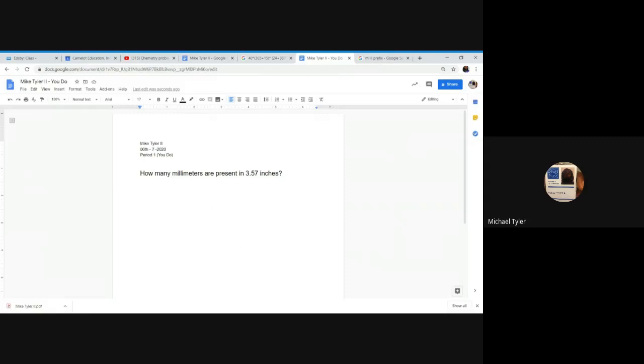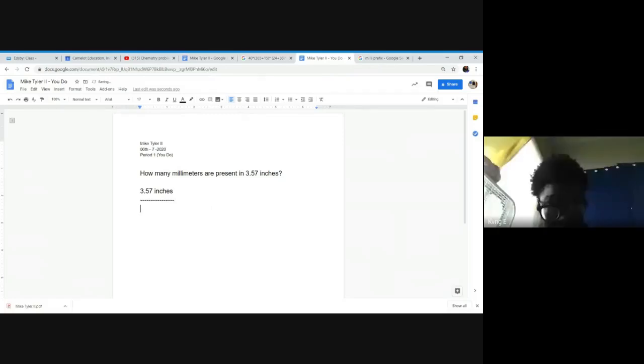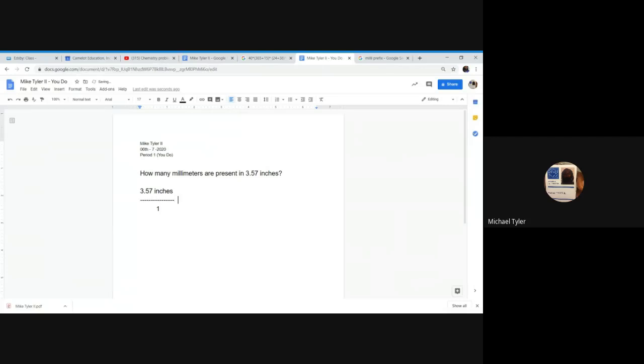Well, let's start off with what we know. Remember I said when we did our calculation for our age, we take the number we want to convert and we put it over 1. So I'm going to take what is given: 3.57 inches. And I want to put that over 1 because I want to start converting it. Now I'm going to multiply that by something, but I need to know how to get from millimeters